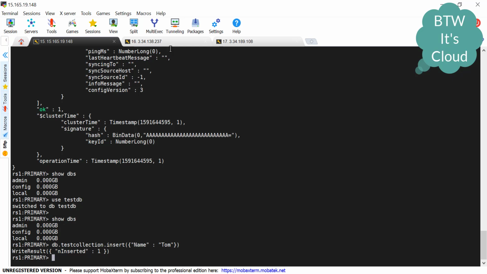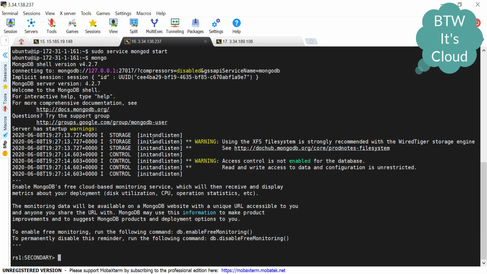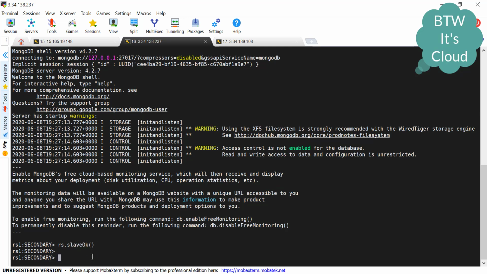Okay, now we'll go to the next two MongoDB servers and check whether those DBs are available or not. So we are in the second MongoDB. Before checking all other things, we first need to enable the secondary to read, by doing rs.slaveOk. Okay, it's done.